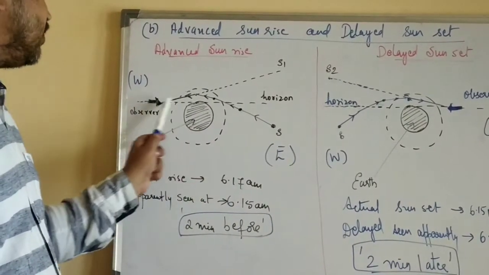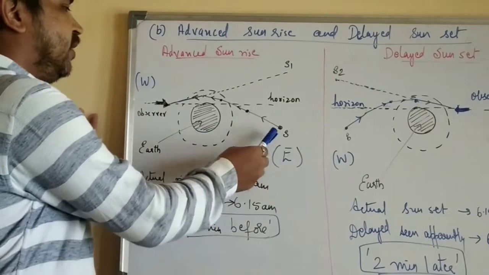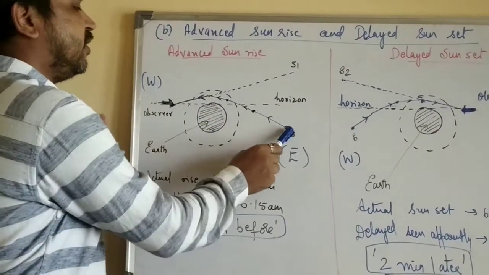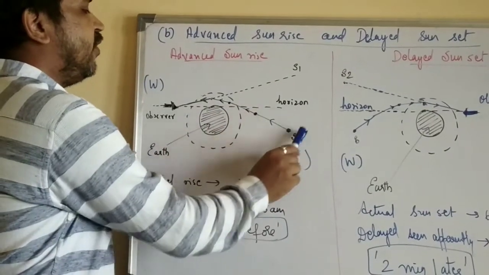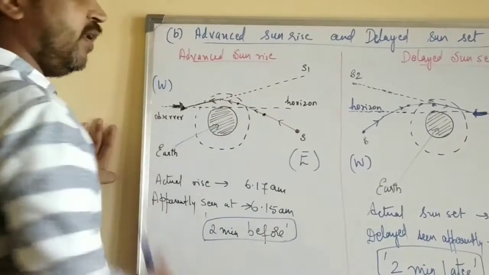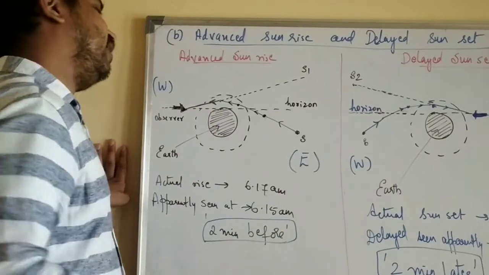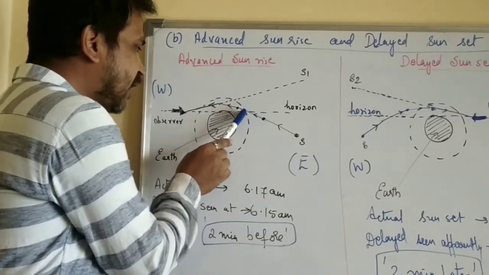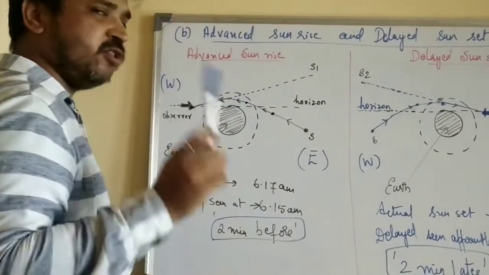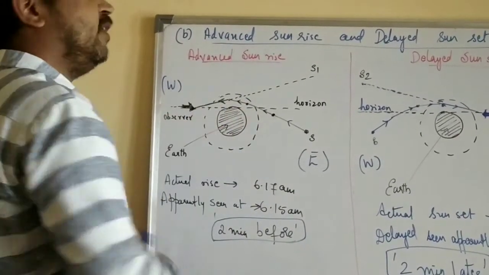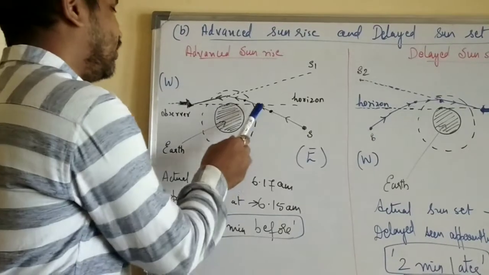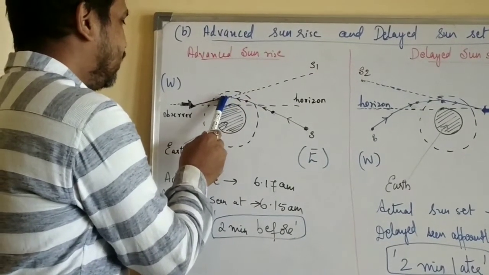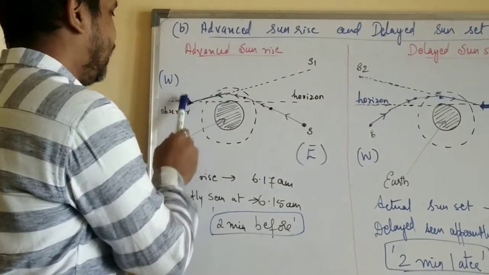How? Now see here, the sun is very very far away. Still the sun rays have to reach this atmosphere of the earth. The sun is here, so outside you have the vacuum. So the sun rays travel in the vacuum, where that vacuum is supposed to be the rarer medium. Once it enters the earth's atmosphere, it undergoes multiple refractions with the various layers of the atmosphere. So see here, it is undergoing the various refractions, and thereby the light is seen, or the sun is